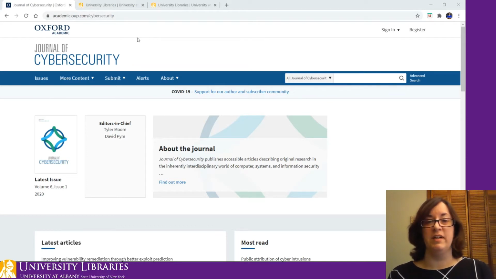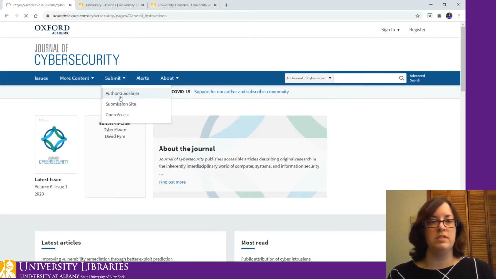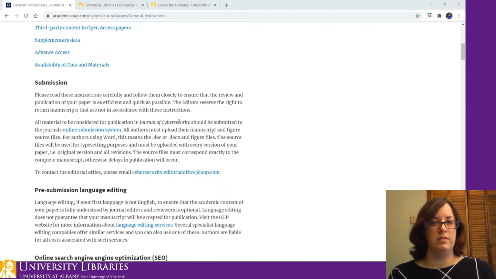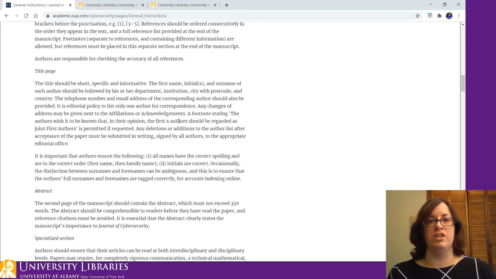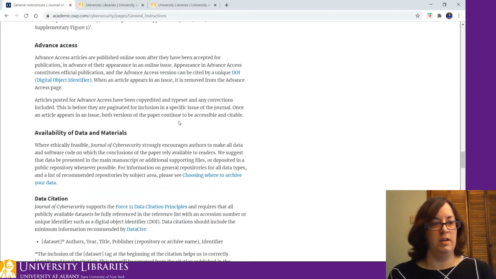As an example here, I've got pulled up the Oxford Journal of Cybersecurity. If I click on Author Guidelines under Submissions, you can see the submission process for this particular journal. So you can see here briefly, there's a lot to it. The process is pretty demanding of the authors. They specify how to present the data, how to present charts, what needs to be specifically included, and if we go all the way down here,